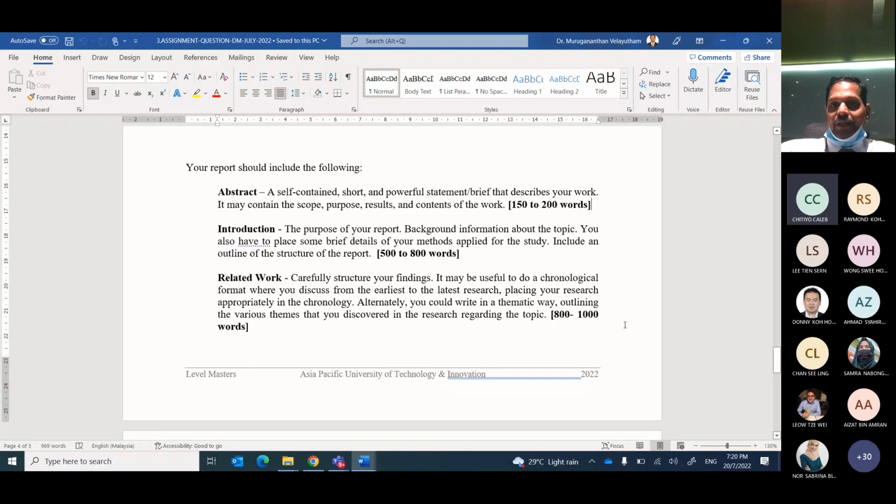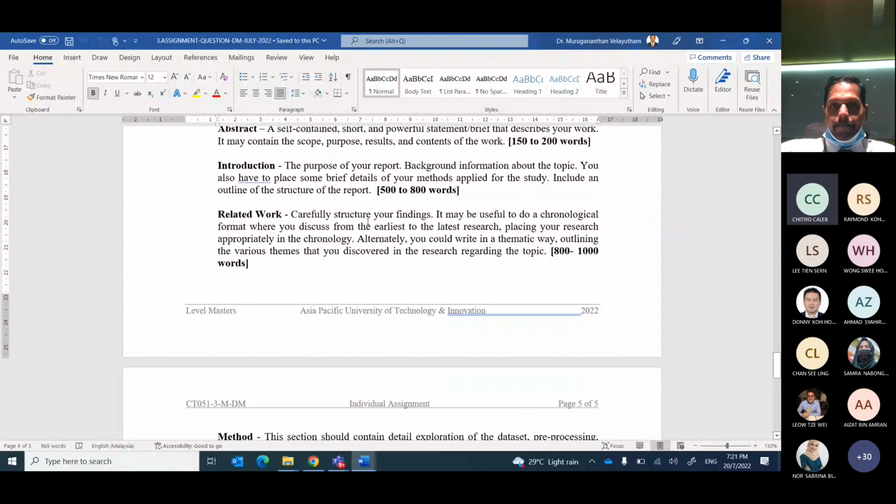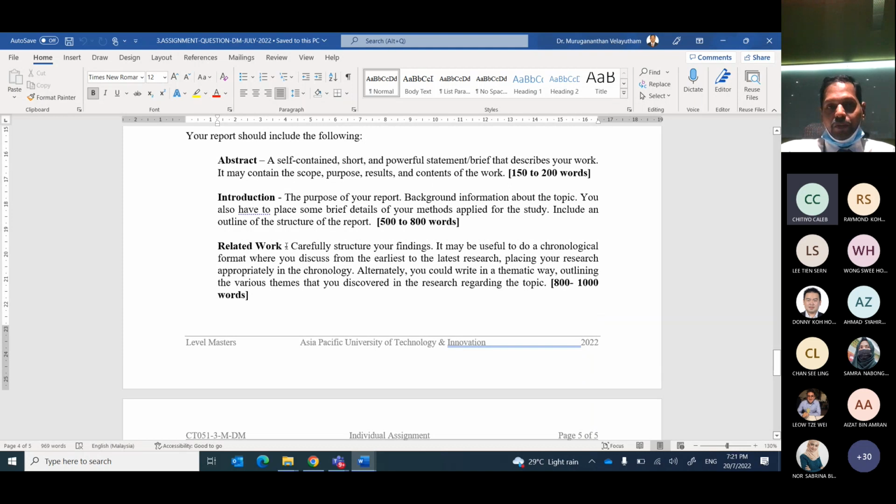here where you can give your justification on what type of method you're going to use, right? In case you have already identified it, you can just start discussing some small things here. So this is going to be something around 500 to 800 words. In related works, we are talking about something. It's not actually a literature review, but it's something like what is your understanding about your data set, right? So